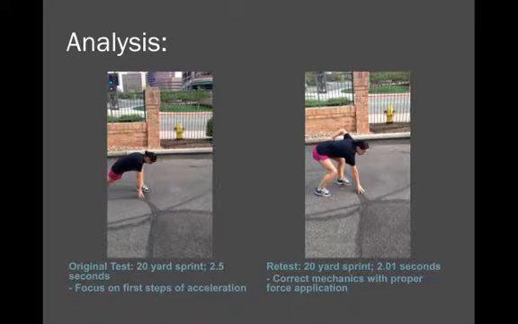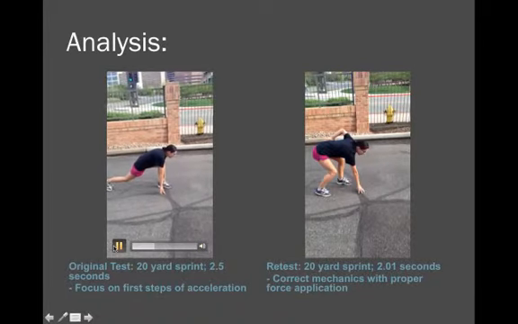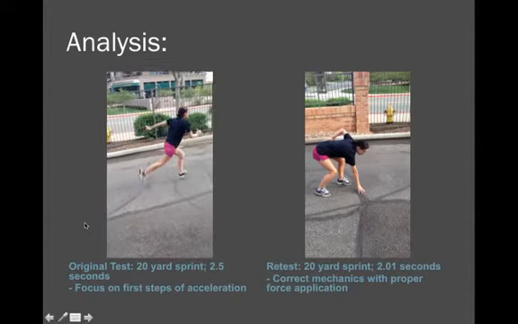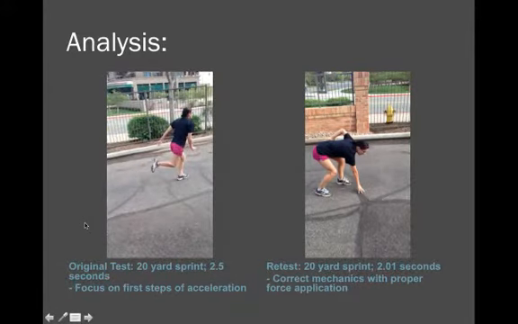So the original test, we did a 20-yard sprint. She performed the 20-yard sprint in 2.5 seconds, and the focus was, of course, on the first steps. And we will see right here her video of her running. Poor girl, she had very little to no instruction at all. I just wanted to see what she would do instinctively, and then about an hour later, I'll show you the exercises we did to help out.